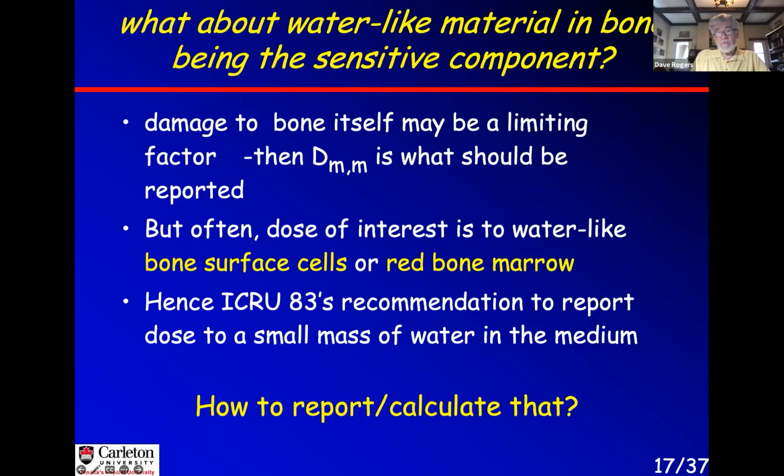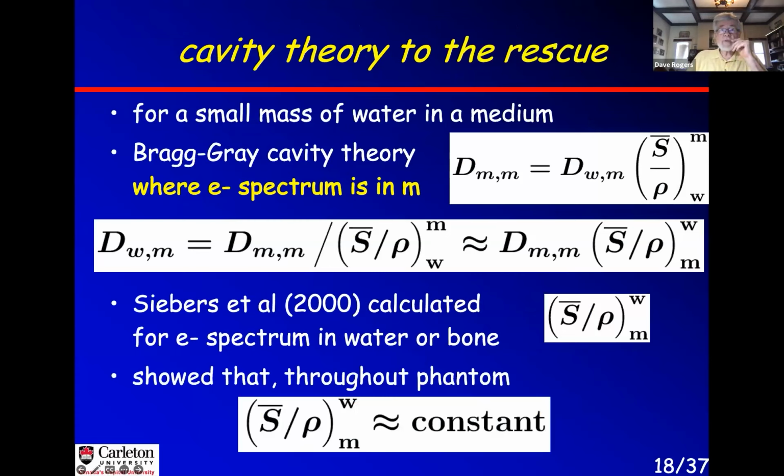And the answer is that cavity theory solves that problem. In the next little section here, I'm aware that I've spent a lot of my life worrying about doing research on cavity theory and calculating stopping power ratios, so some of the detail here may be a little more than is necessary for general understanding. But nonetheless, if we look at Bragg-Gray cavity theory, and we have an electron spectrum in the bone, so we